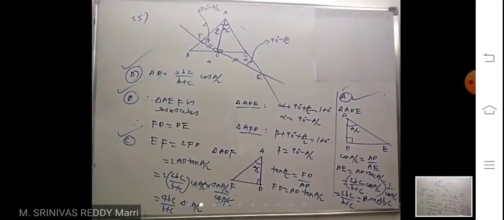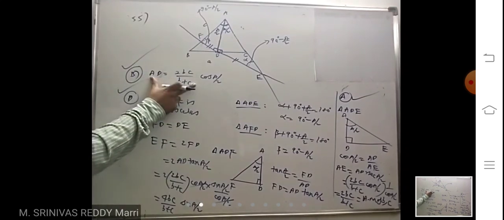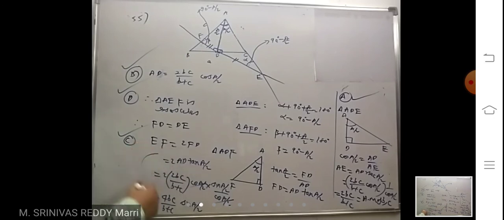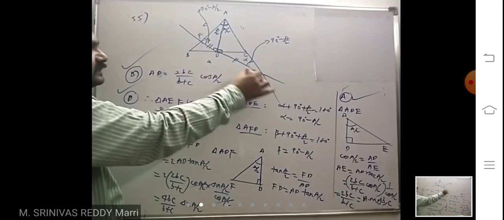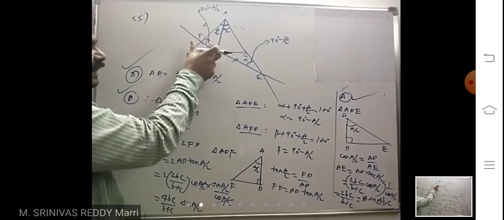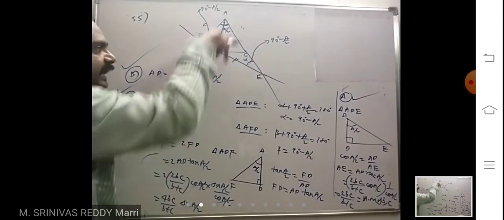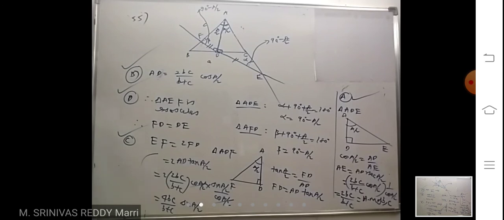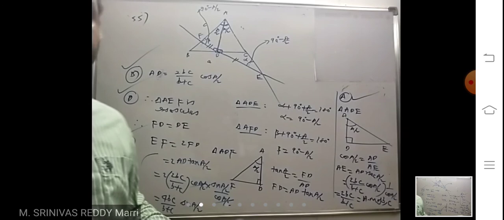Like that, by using this formula we have calculated all the lengths, because it is a right angle triangle and AD you know, and this is an isosceles triangle, so FE is nothing but 2FD. FD you can calculate by using the right angle triangle. Similarly, AE you can calculate by using the right angle triangle. Like that, different answers you can frame.